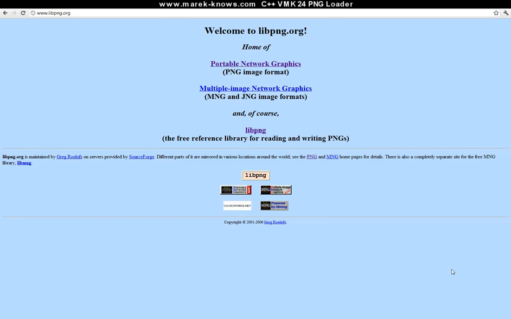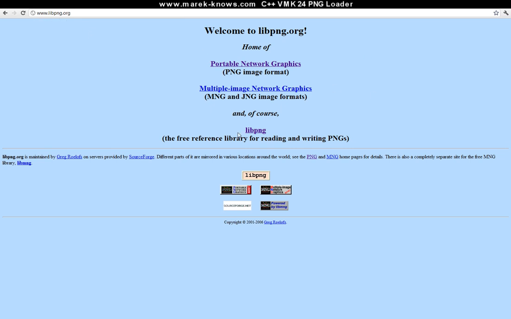The first thing that we need to do is download the actual source code for the PNG library which we'll be using. Using this source code we'll be able to quickly parse a PNG file and extract all the data that's contained within it so that we can get access to all the pixels for all the images that we're working with. So to get to that library, we'll head on down to